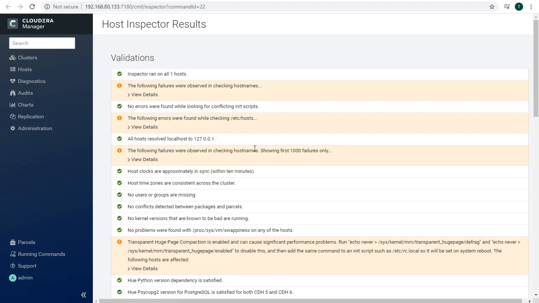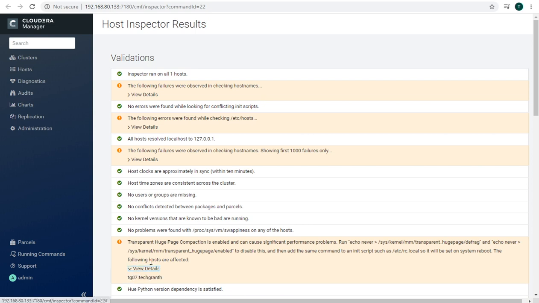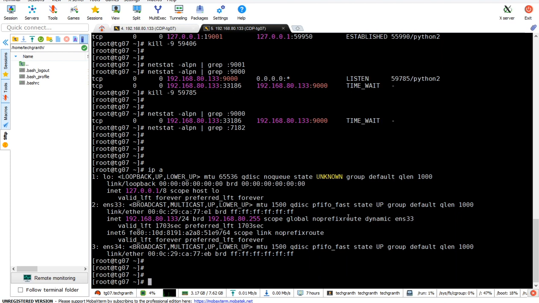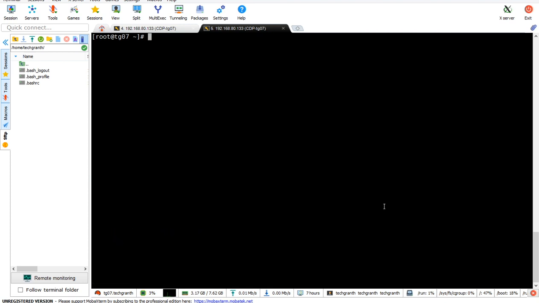So the host inspector has been completed. Let's check the inspector results. Here we can see we have some issues. Transparent huge page compaction is enabled and can cause significant performance problems. So we can run these commands on the host. Let me run this on the host.